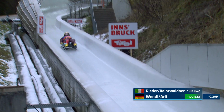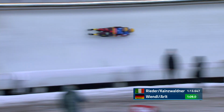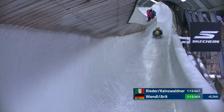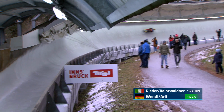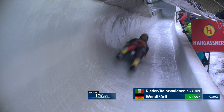They're always fast at the start, and so far they have the fastest start time of this run, 9.159, only 0.8 thousandths of a second off of the start record. Pretty impressive for a pair of 37-year-olds. They've built up a lead now of a quarter of a second. They have an ability, like their fellow Bavarian Felix Loch, to create magic in run number 2. Keep an eye on